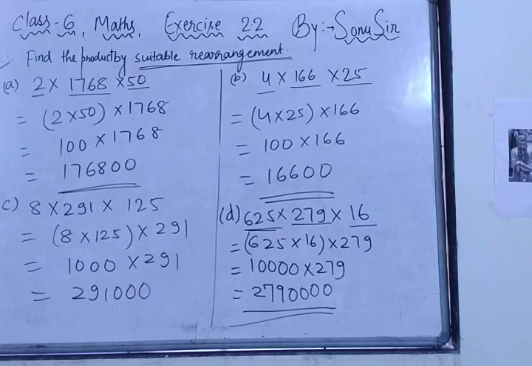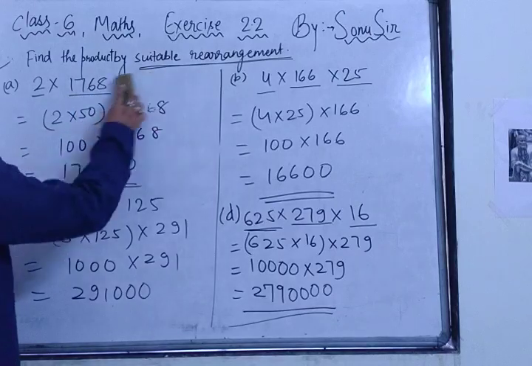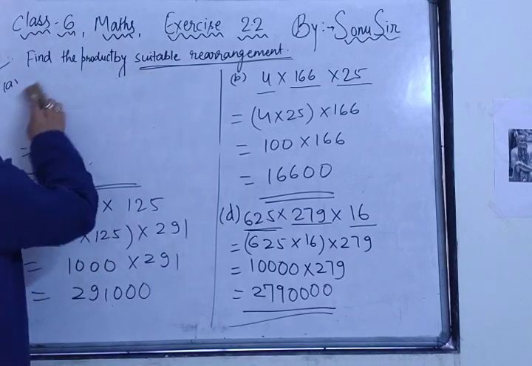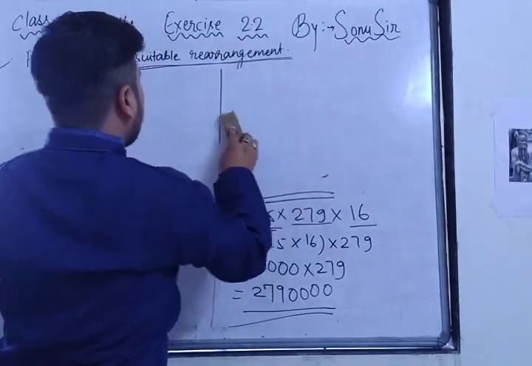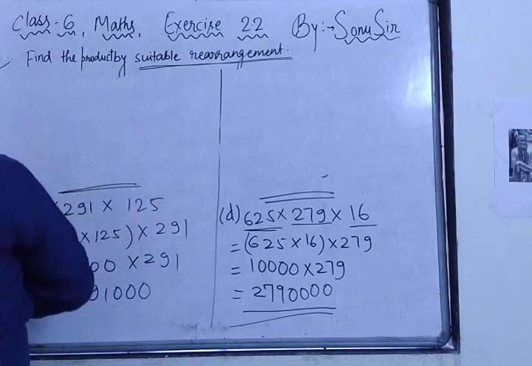If you have solved this A, B, C, D, then I will go ahead with E and F. So there are a total of 6 questions. I hope all of you are understanding. If you are not understanding, then you can take a screenshot and then we'll move ahead. So let's go ahead. Question number E and question number F. Only 2 numbers are left, so we can solve it easily.